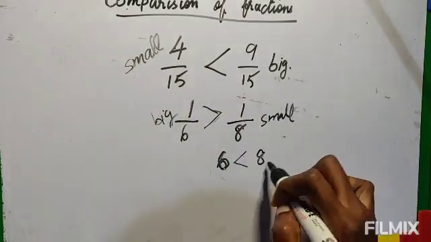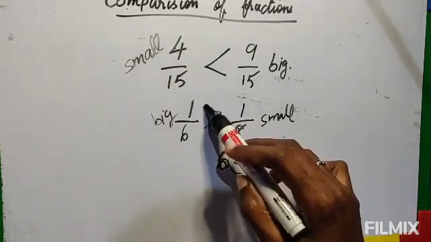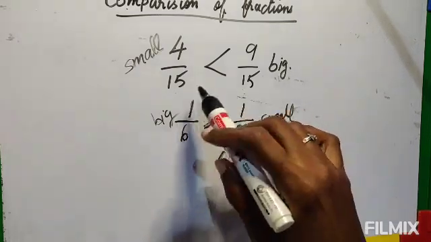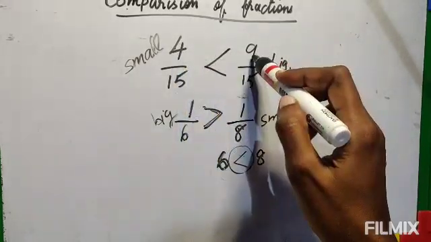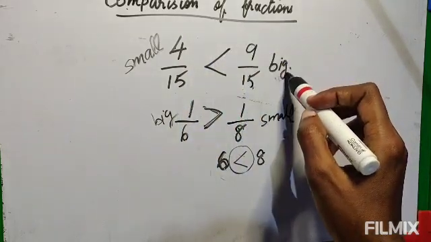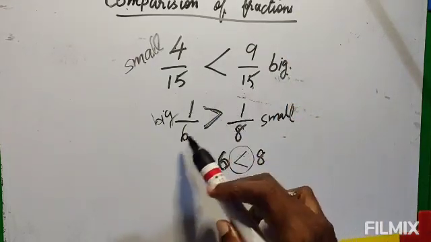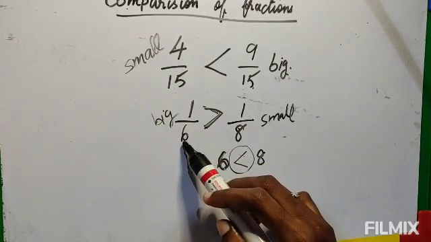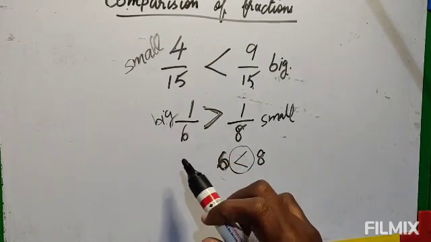When I compare the denominators alone, you see the symbol, how I have written it. So this is the bigger. Let me explain once again. If the denominator is the same, then you compare the numerator, and the bigger numerator gives the bigger fraction. It is just the opposite: if the numerator is the same, then you compare the denominator, and the one with the smaller denominator is the bigger fraction. Okay, I think you have understood.